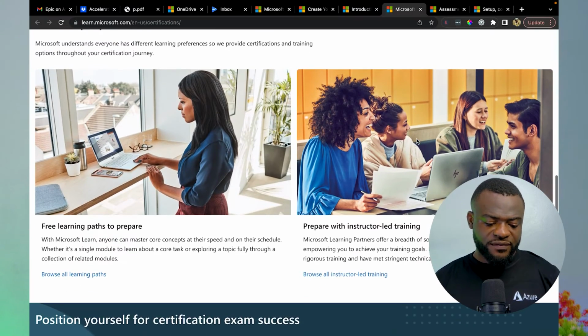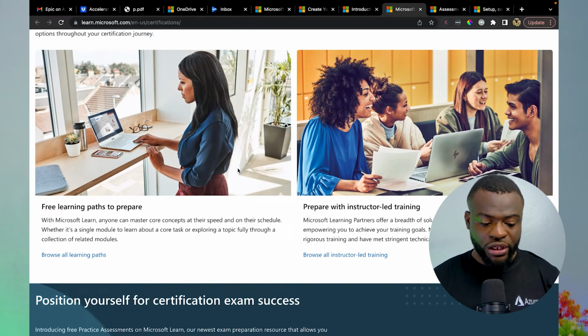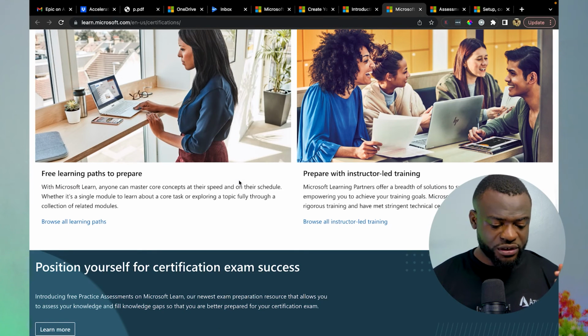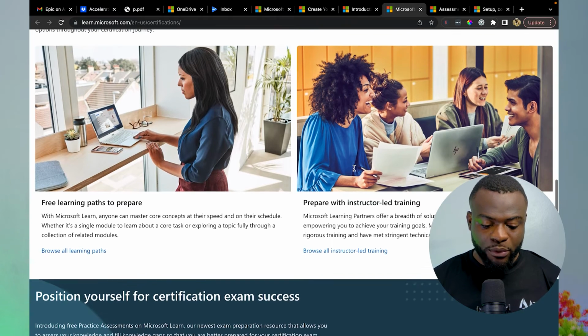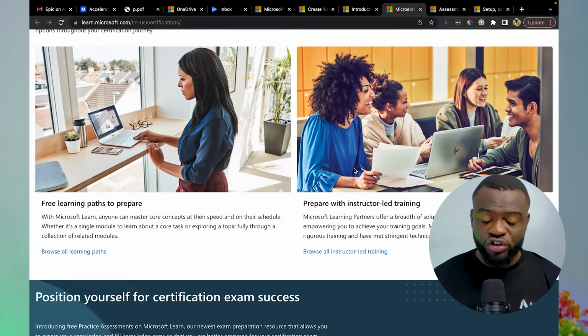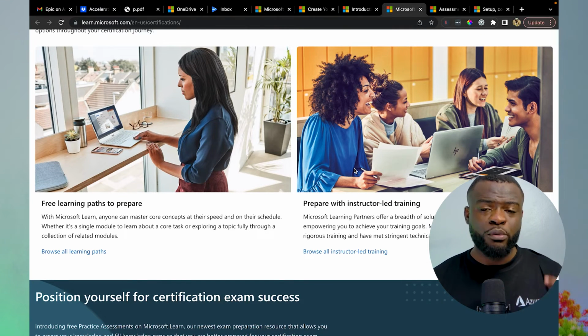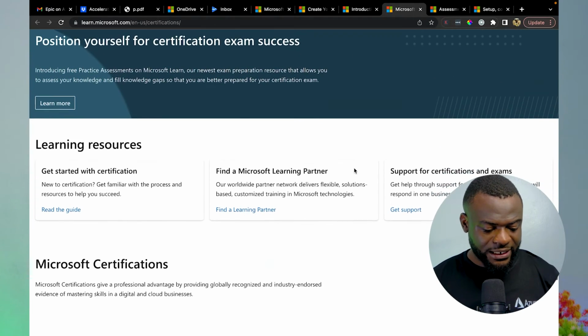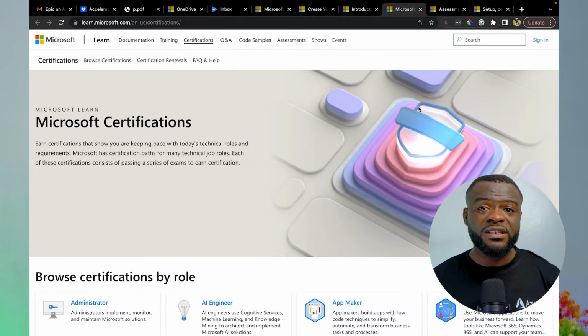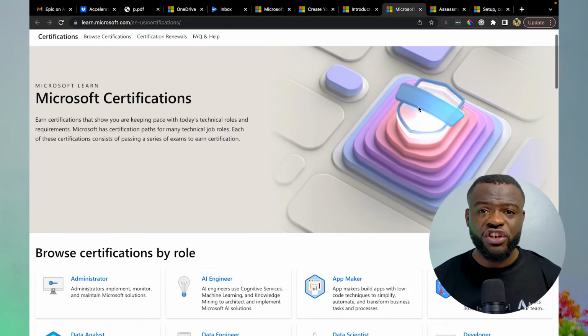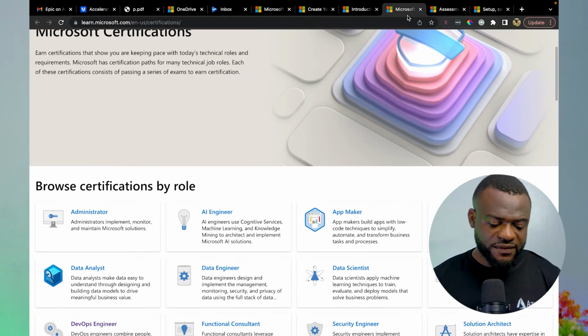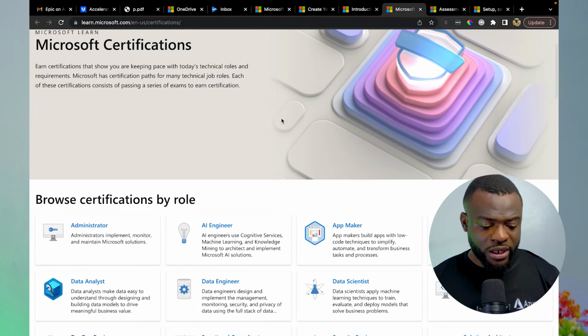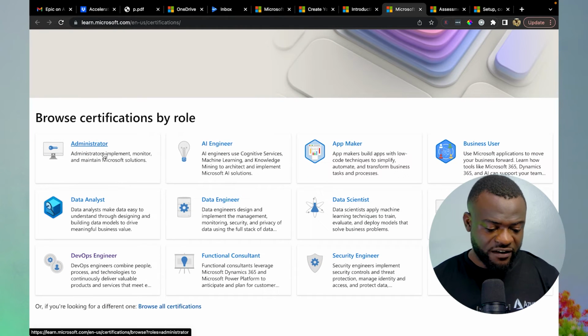Now, how do you prepare for certification? They give you a list of resources which you can use to prepare for certifications. Basically, you can find free learning paths to prepare, or you can prepare with instructor-led training. All these resources Microsoft offers for you, which you can use to get yourself started. Now, once you've got to understand some of these services, you can then know some of the certifications which Microsoft offers. And as far as Microsoft is concerned, you can choose your certifications by role,